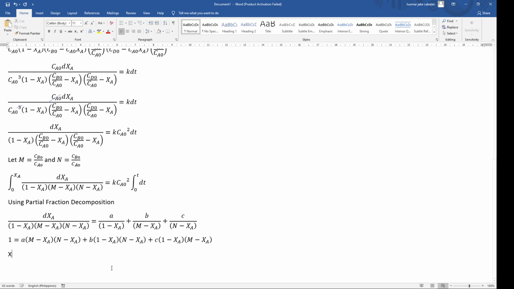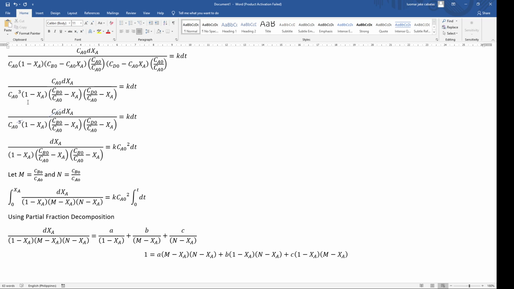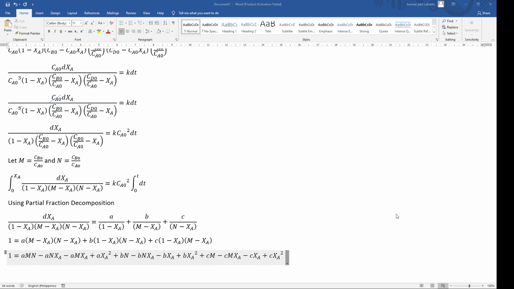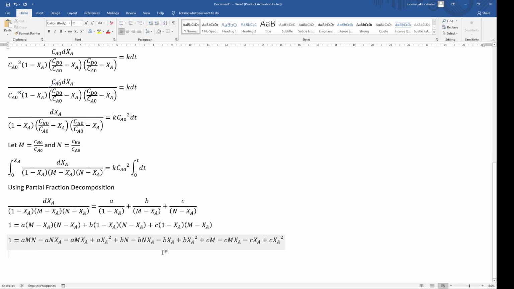Okay, for xa, no, we need to expand this first. So expanding that, after expanding, we will get this equation. So time to manipulate this. So isolating